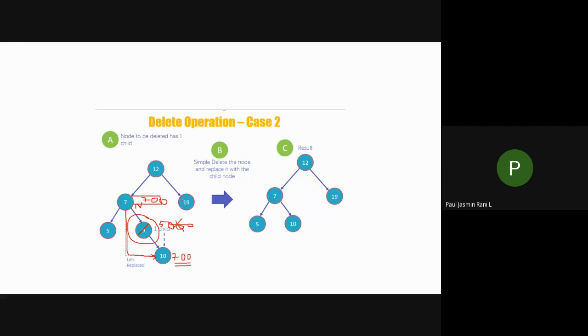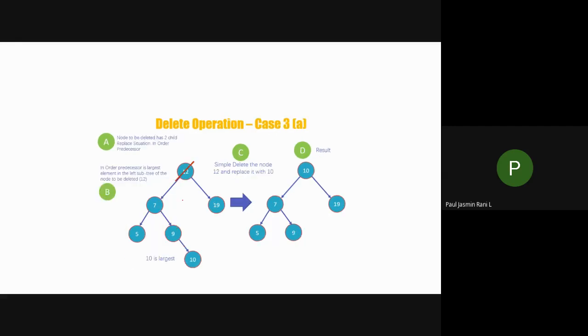I think the first and second cases are easy. First case means if you don't have any child, you just mark it as null in your parent node, so that you can detach the child from your binary search tree. In the second case, you have to replace the child node's address in your grandparent. Wherever you want to do the replacement, you have to replace that address. This happens in case 2.